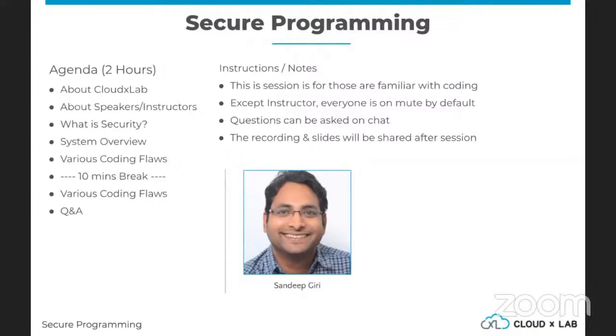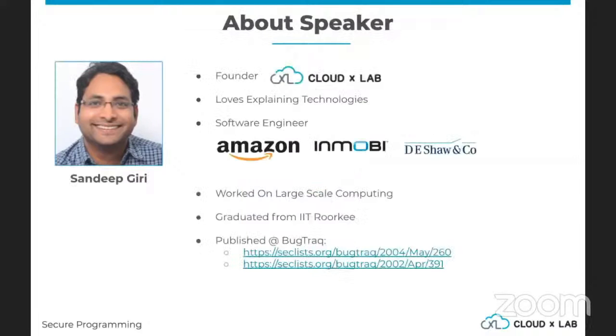About myself, I'm Sandeep Viri, and I started my career long ago in 2002, and my first job was at DE Shaw. I graduated from IIT Roorkee, a very good and pretty old institute, probably the second oldest in Asia in engineering.